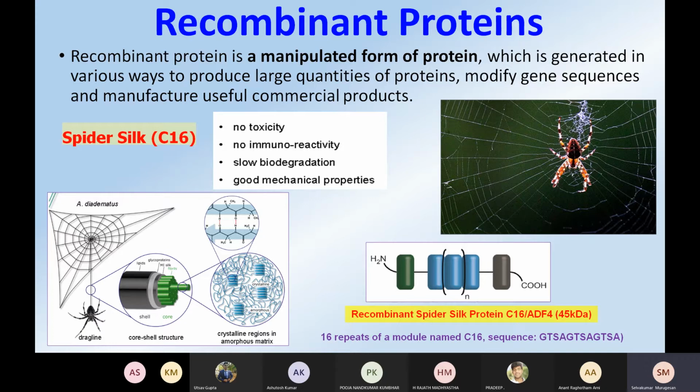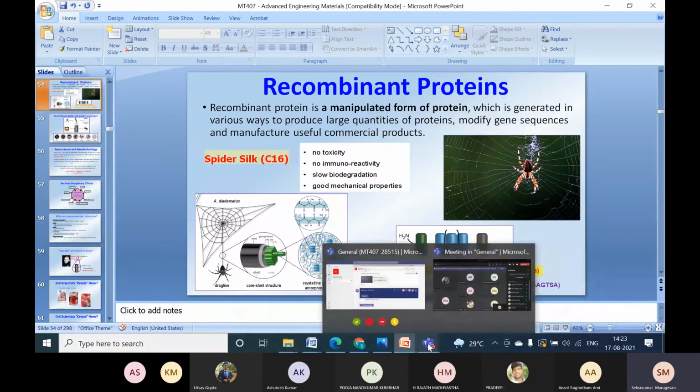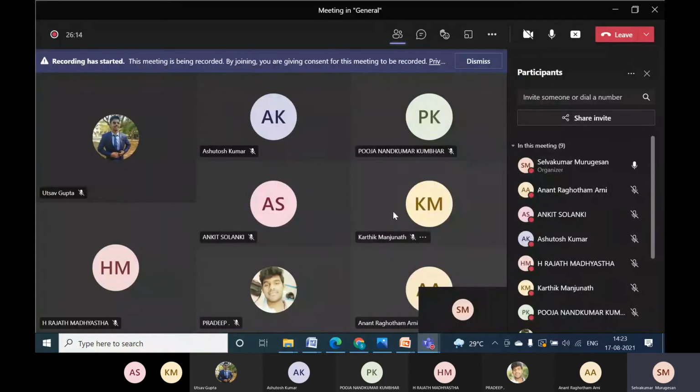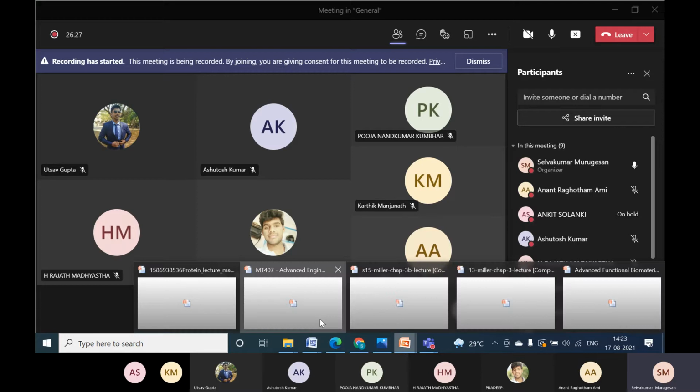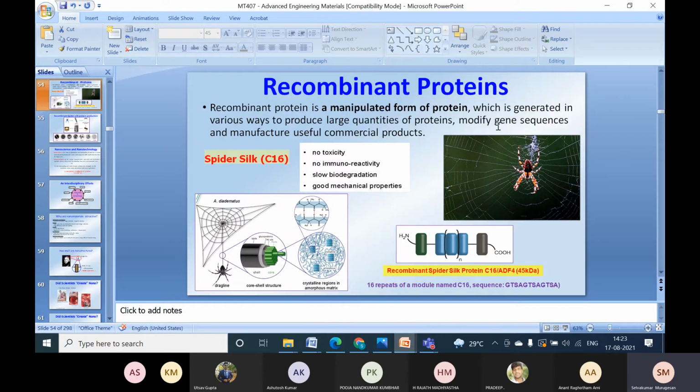Okay, so we have another concept called recombinant protein. A recombinant protein is a manipulated form of protein, which means it is prepared in our laboratory. By the way, proteins can also be isolated from animals and insects, and obtained from natural resources, maybe animal or plant. I'm not going into that area, but nevertheless,